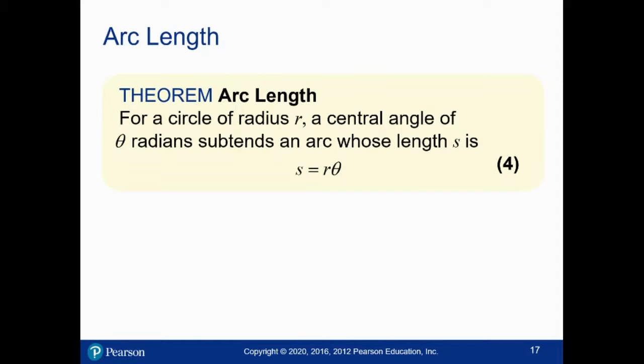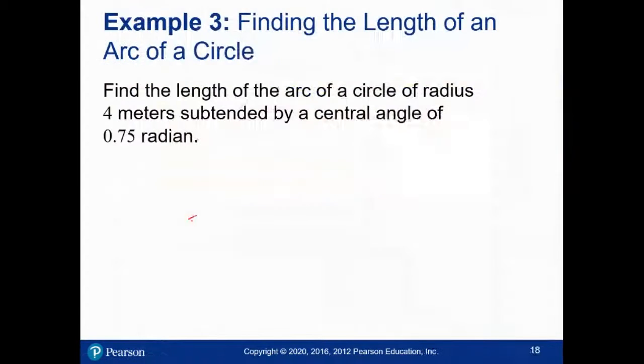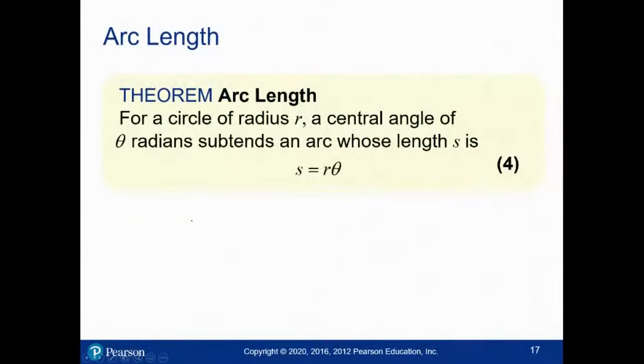Okay, so let's learn about how to measure how long an arc of a circle is. So if I have a circle of radius r, and I measure off a portion of it, so this segment right here,